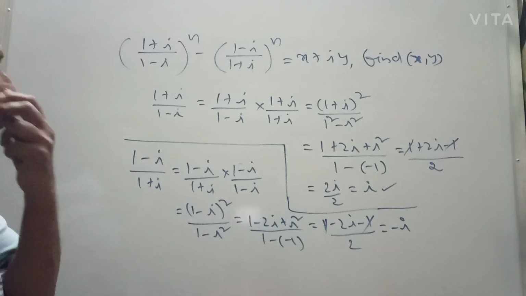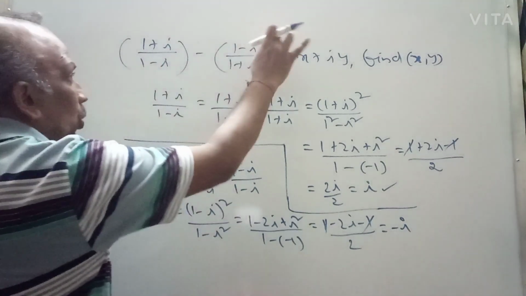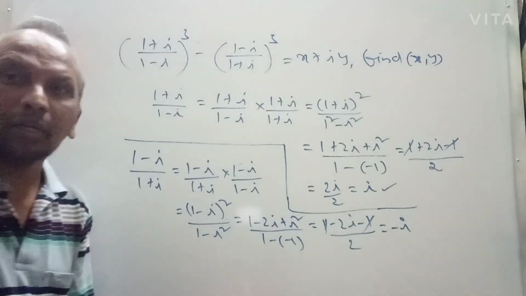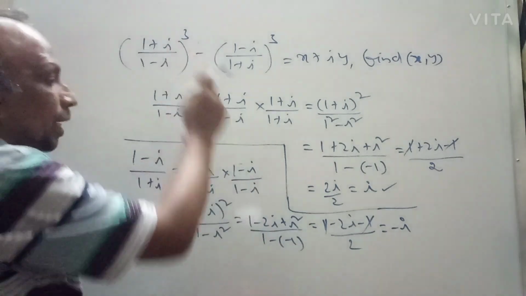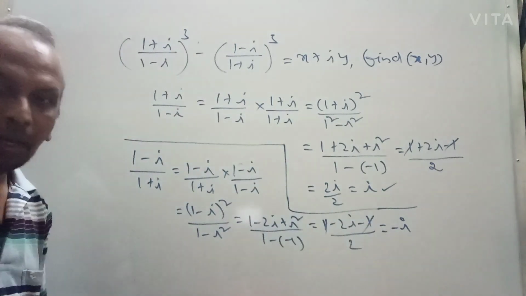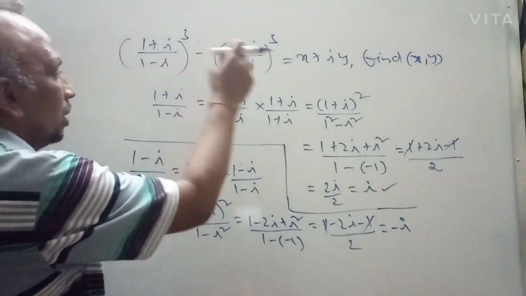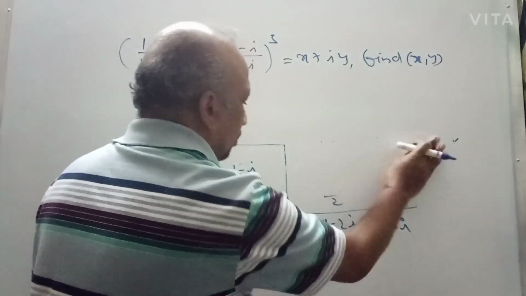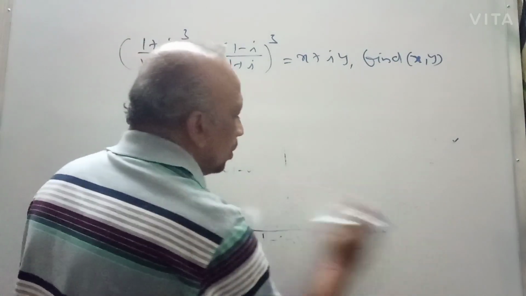So the inside value you can see here. In the given problem, the power is not n, it is q. By mistake I have written n, that is q. I got one value as i, another as minus i. After simplification of these two values, this is i, this is minus i, then I can substitute the values in the given problem.